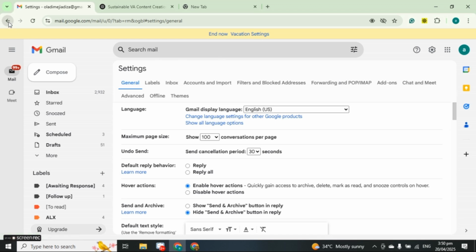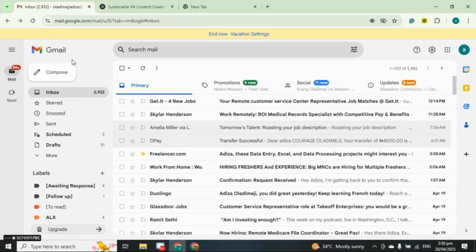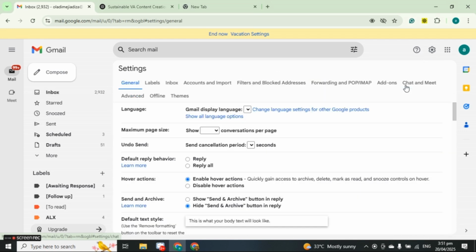Then the next tip that I would love to share with you is how to undo your email. Like you've sent an email out and you forgot to add an attachment. You can quickly undo that email before it goes, then you add whatever you want to add, then you resend. All right, so this is how to do that. You come to here, settings, see all settings,